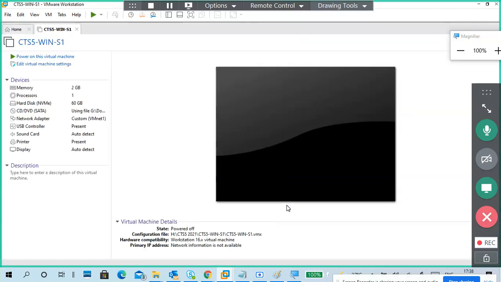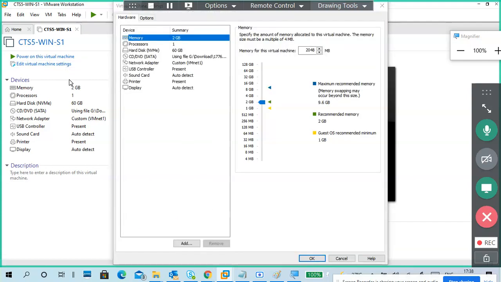Edit virtual machine settings. Here all settings are correct. Go to the options tab, at the top.